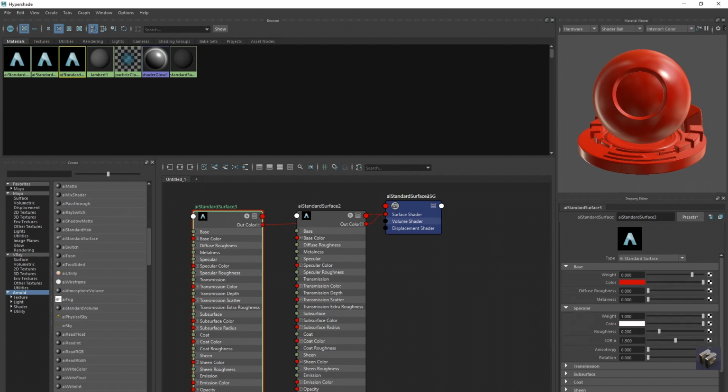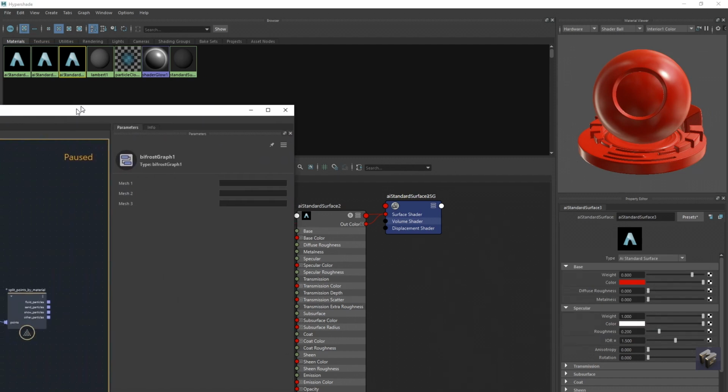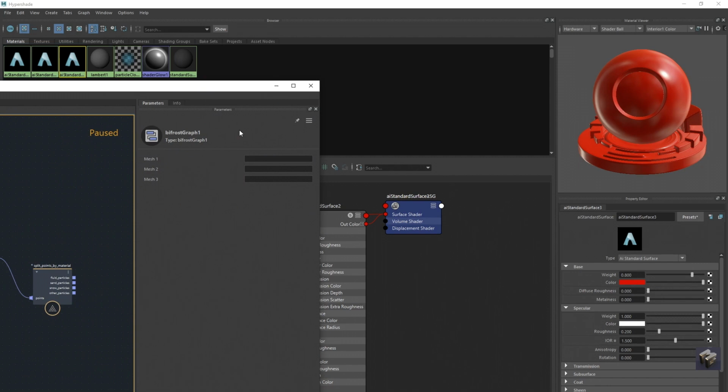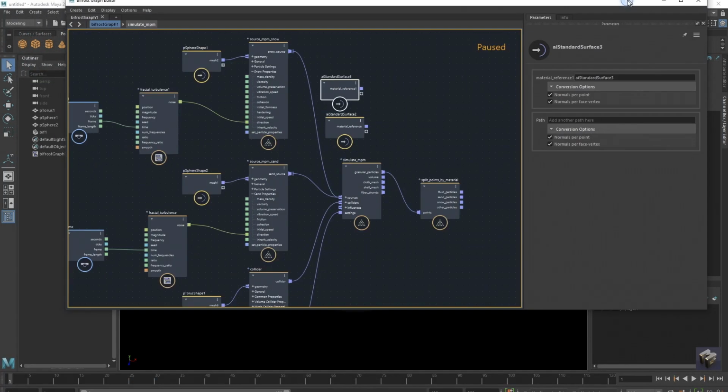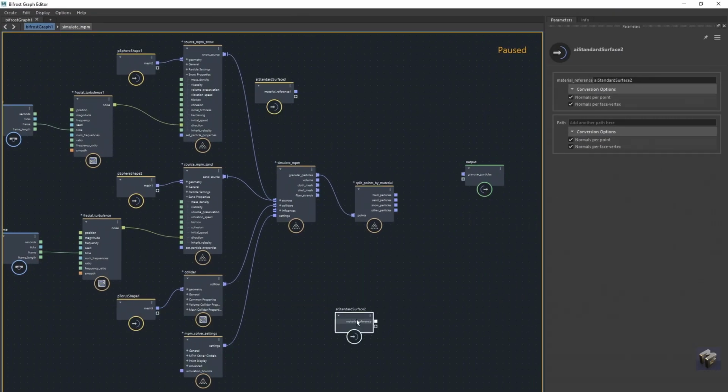So we're going to drag those two bad boys into the graph. So let's do that now. Middle mouse, drag into the graph. It's happening off screen for me, but you know, don't worry about it. You'll see them in there in a second. Here we go. Let's kill that. Bring this back here. So we've got two materials,